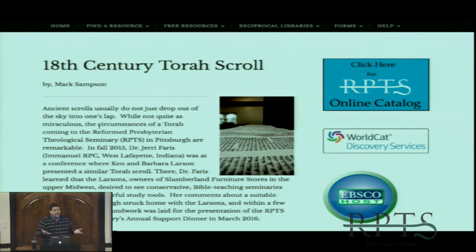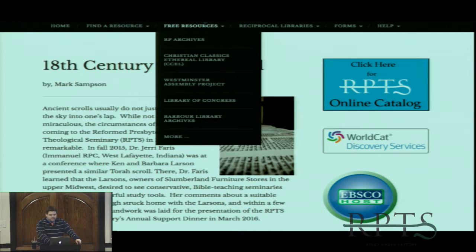Now, something that many of you will find very helpful is the free resource section. These are resources that are openly free to anybody that wants to use them. They're very good. Again, we have RP Archives, the Reformed Presbyterian Archives. We have Christian Classics Ethereal Library, CCEL. This is a really good resource. I've used it a lot. There are hundreds of open source